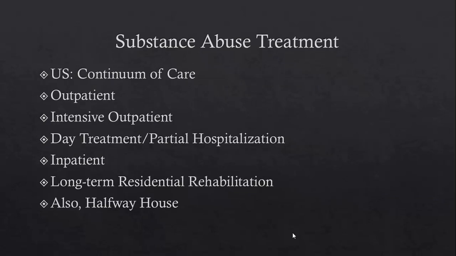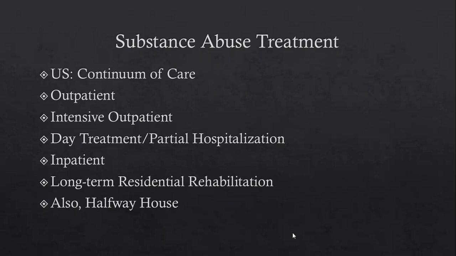I wanted to tell you a little bit about substance abuse treatment. This will be the focus of most of the rest of the lecture. In the US, we have what's called a continuum of care, and that just means that there are all different levels of care that a person could have in the course of treating a substance abuse disorder. The lowest level of care would be what's called outpatient therapy, where a person goes to an office that's not in a hospital, so they're not inpatient, they're outpatient. They usually just go for one session a week, maybe an hour, hour and a half of therapy per week. The next step up, a little bit more intense, would be what's called intensive outpatient.